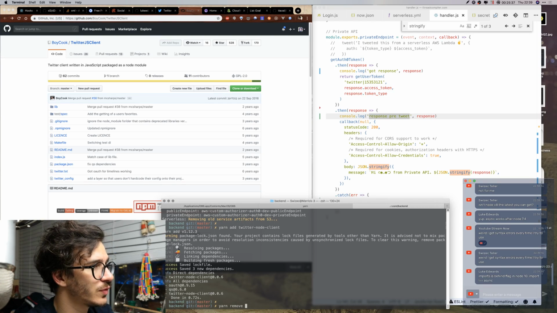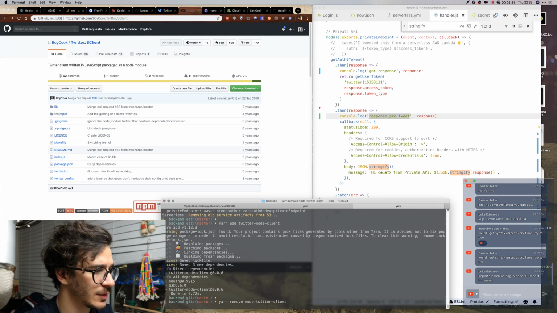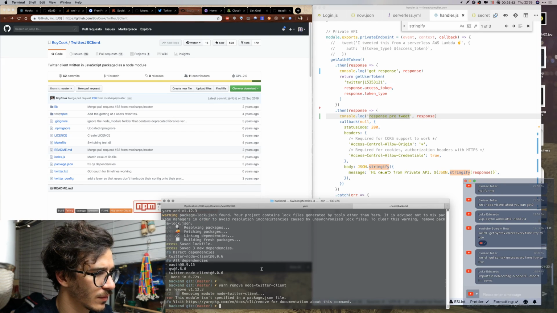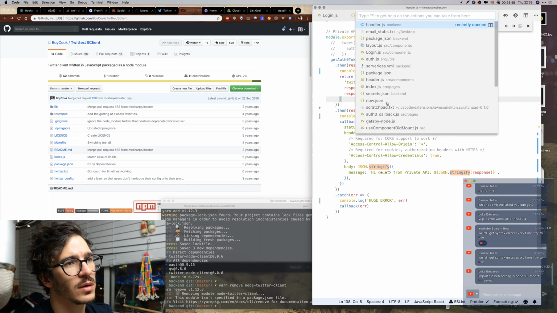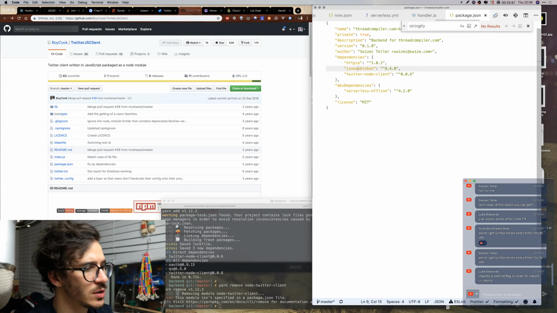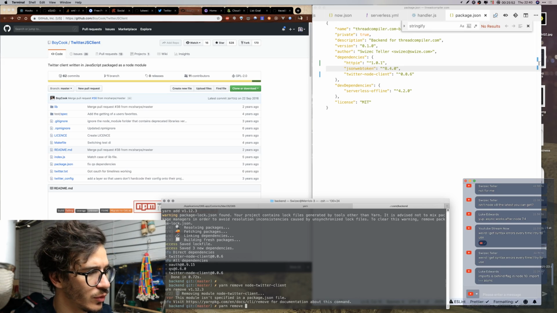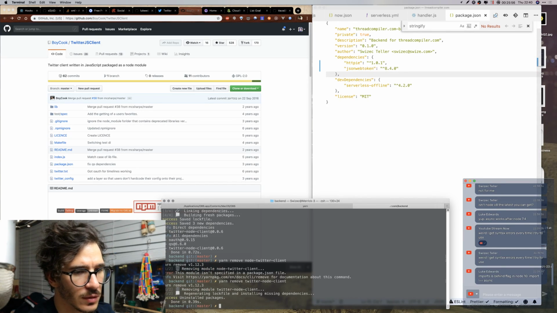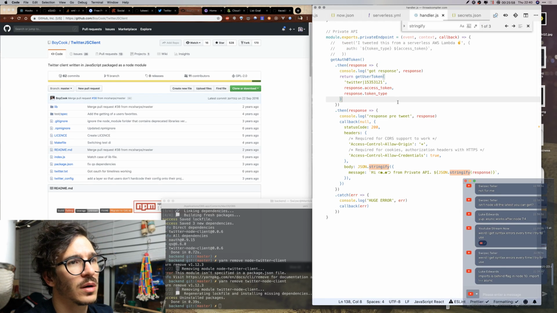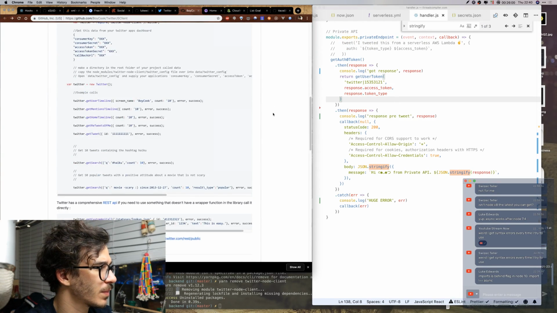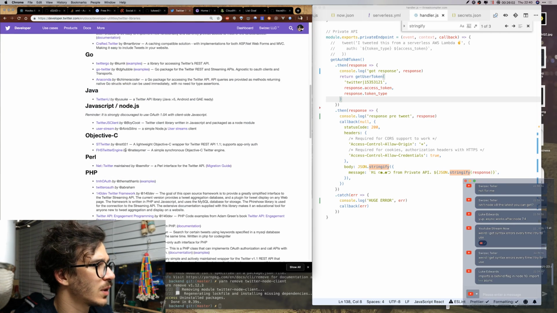Yarn remove node Twitter client. Backend package JSON Twitter node client. Yarn remove Twitter node client. What else can we use?